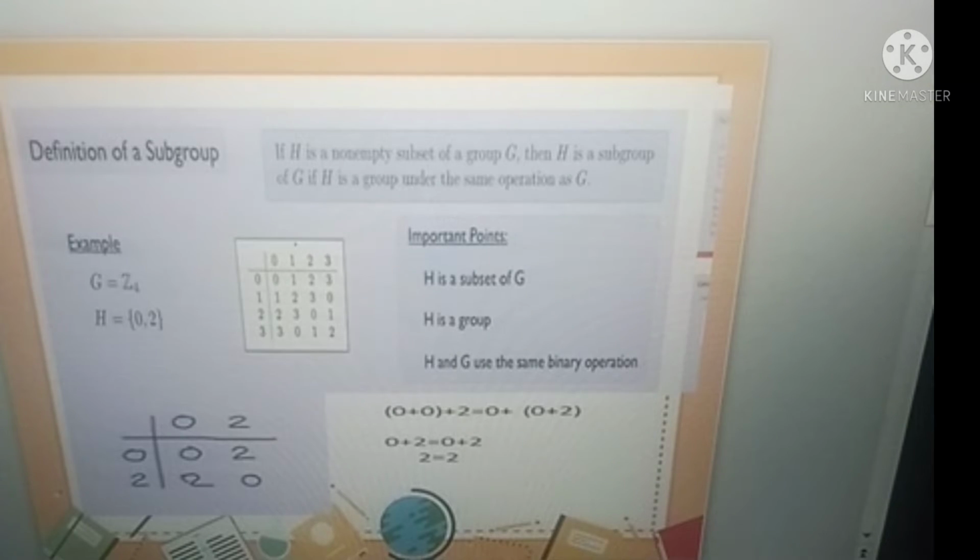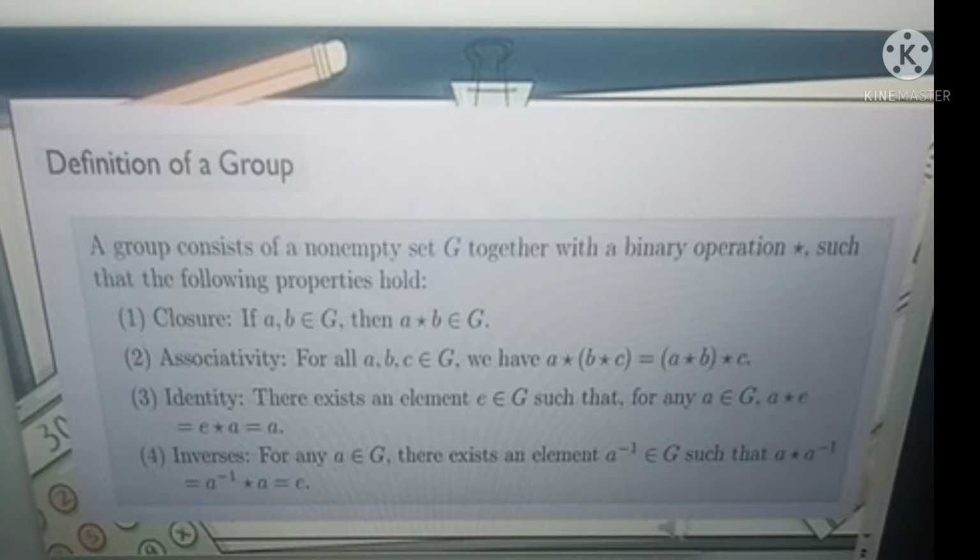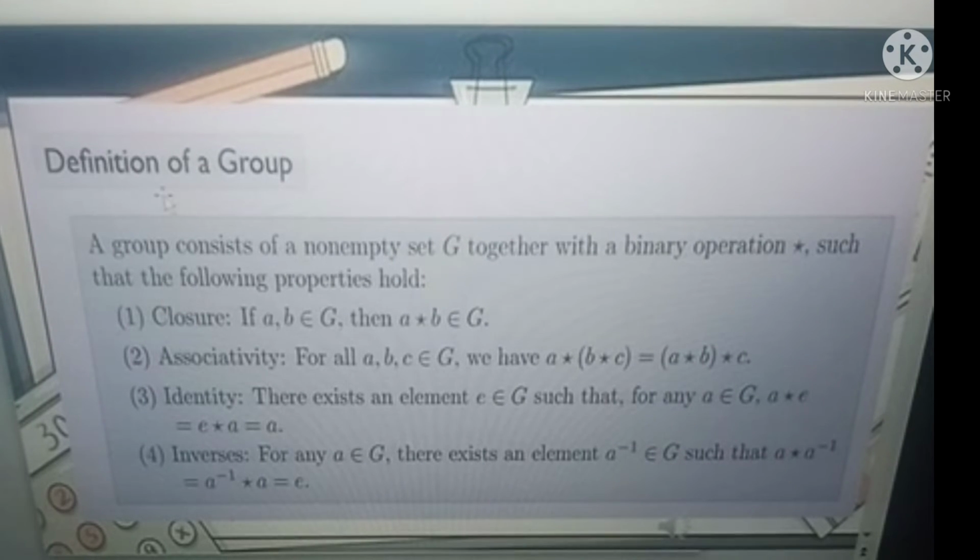Even though this group and subgroup are not covered in my topic, since this is lengthy in my topic, and even though this particular topic, group and subgroups, has been discussed in the previous chapter, at this time I'm going to expound and explore how we can determine that a certain group is really a group, and how we can determine a subgroup. What are the characteristics of the subgroup that we can consider that a certain group is really a subgroup